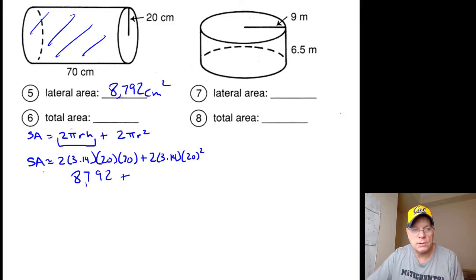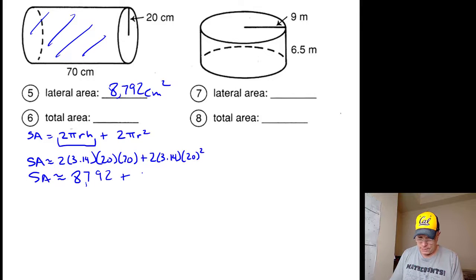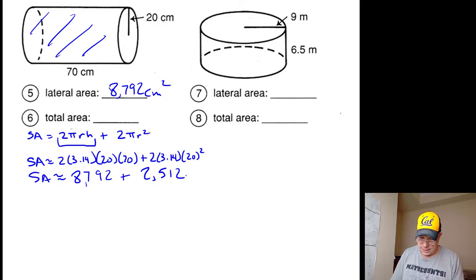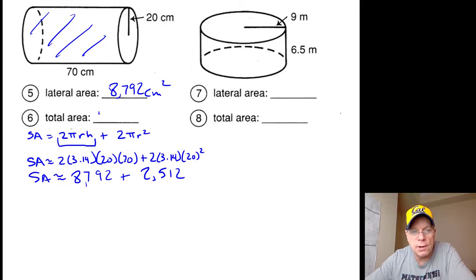To get the total surface area, or our estimate of the total surface area, I would multiply 6.28 multiplied by 400. I could just do 628 times 4, since 100 hundredths is 1 whole. So plus 2,512. When you add that to the 8,792, you get 11,304